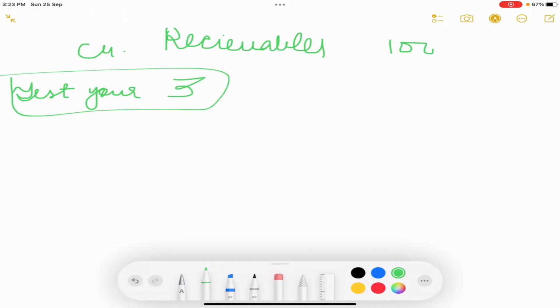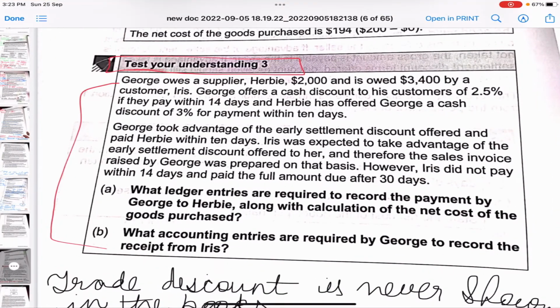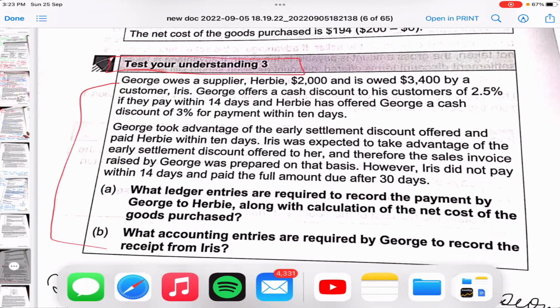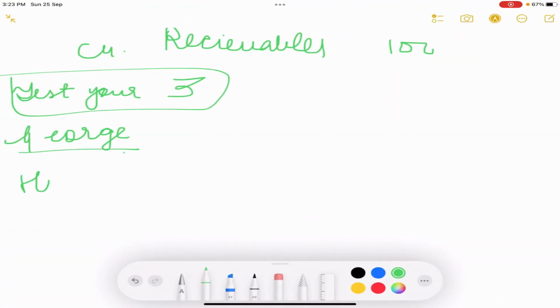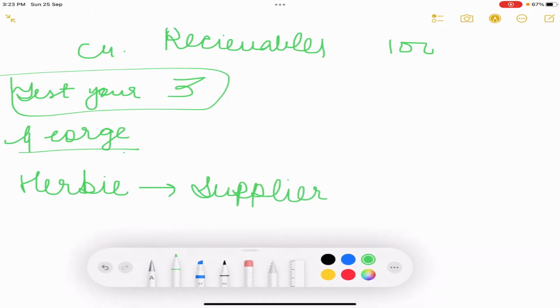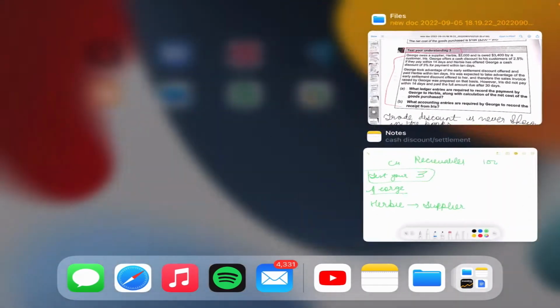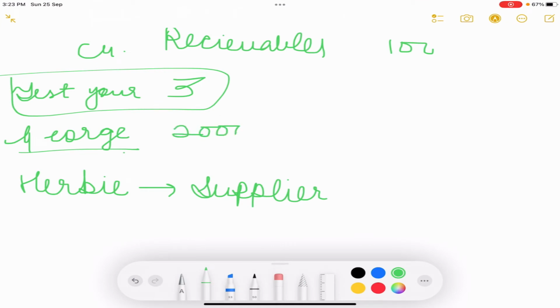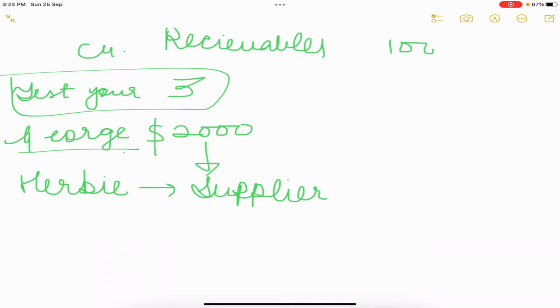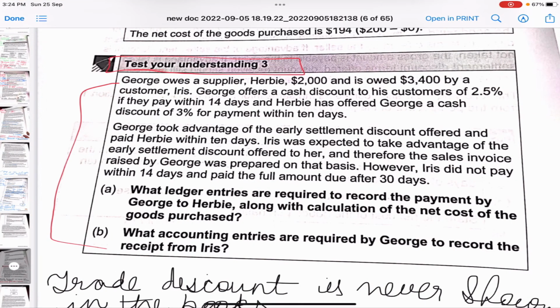Okay, so we are George, right? We are George. Keep that in mind. And now let's go back to the question. George owes to a supplier. Herbie is the supplier, right? Herbie is the supplier. And George owes to the supplier. How much does George owe? George owes $2,000, right? So $2,000 he owes